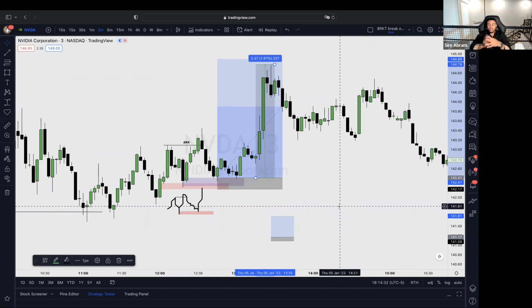Those are just the setups I looked for this week. I didn't really look for anything else. This isn't the only type of trades that I take. There's multiple entry criteria that I like to look for. There's different entry models you can use. I go over those in one-on-ones. I go over those in mentorships and all that type of good stuff. But this YouTube channel is to keep things very simple. And I want to make this digestible for everybody, no matter what point you are in trading.